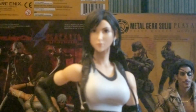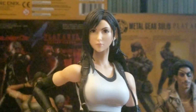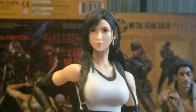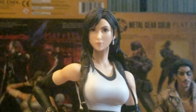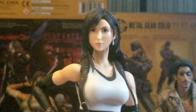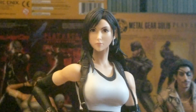But yeah, even if the face was a huge problem, which is 50-50. Some people are going to think it's a problem, others aren't. I think it looks pretty good. The rest of the figure looks great, and I think that is really all that matters. It's like 90% a good-looking figure, and then the head. But I personally think the whole thing looks pretty good,